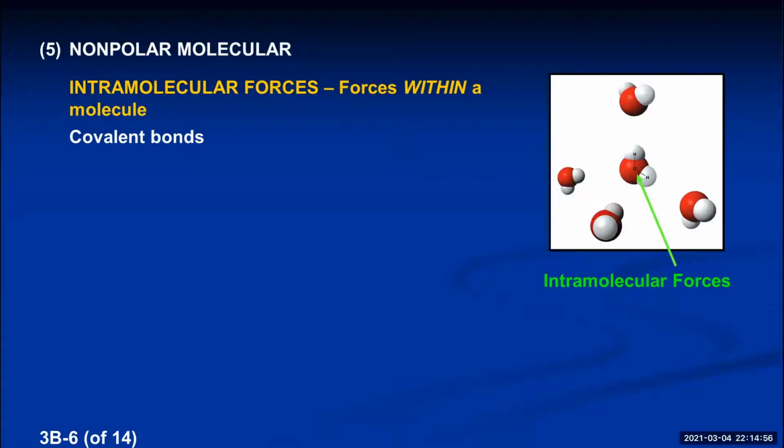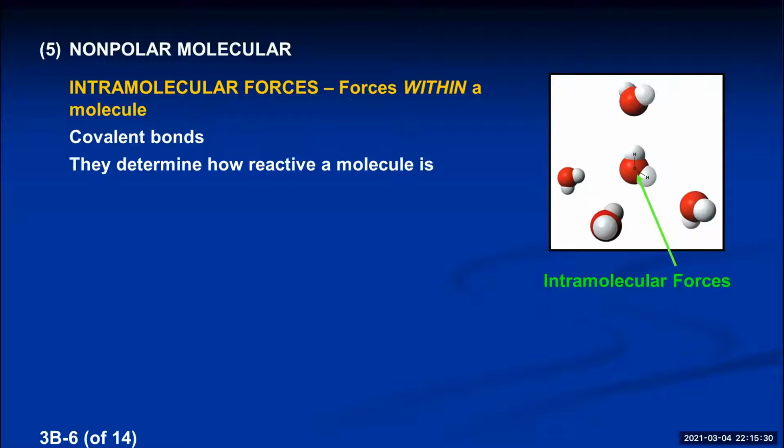Is that significant for anything? Yes, it is. And it's going to be significant when we get to Unit 4. It tells you how stable or how reactive the molecule is. If those intramolecular forces, if those covalent bonds are really, really weak, the molecule will break down easily. It'll react easily. But if those covalent bonds are really, really strong, it doesn't react easily, and the molecule's stable. So that's going to be related to its chemical reactivity. So they determine how reactive a molecule is, and that's our entire topic for Unit 4.